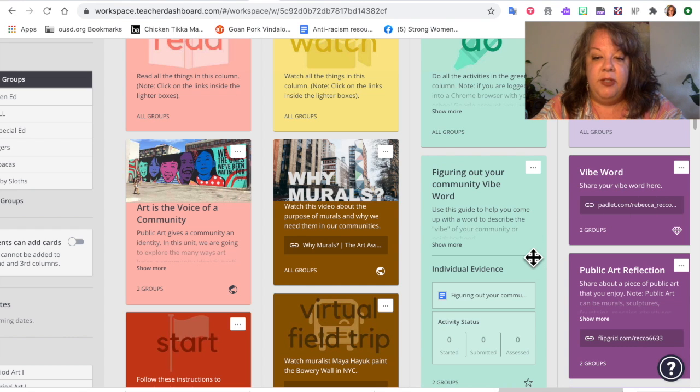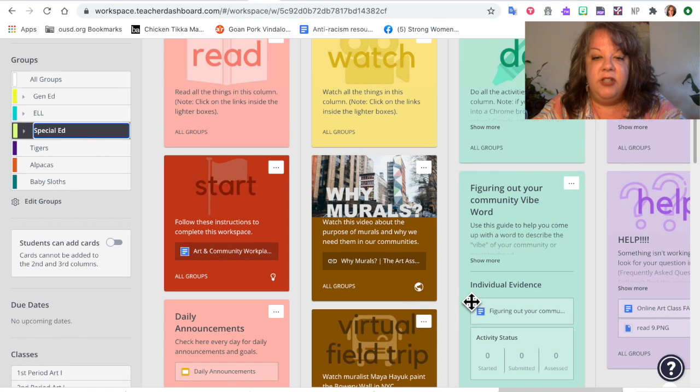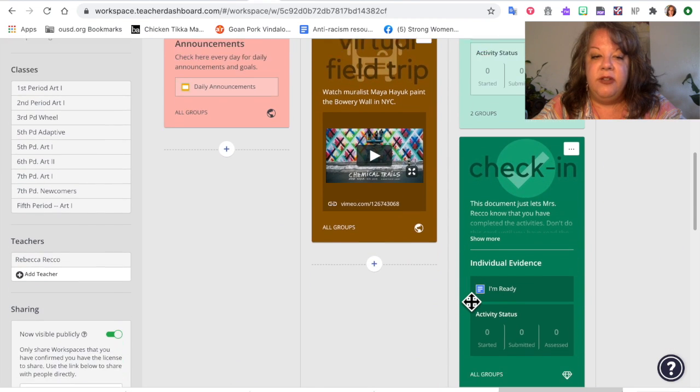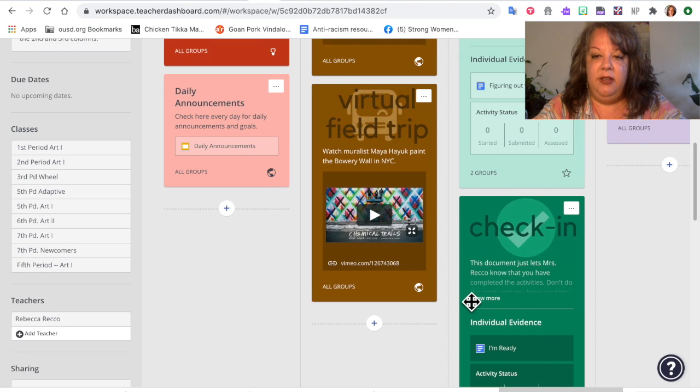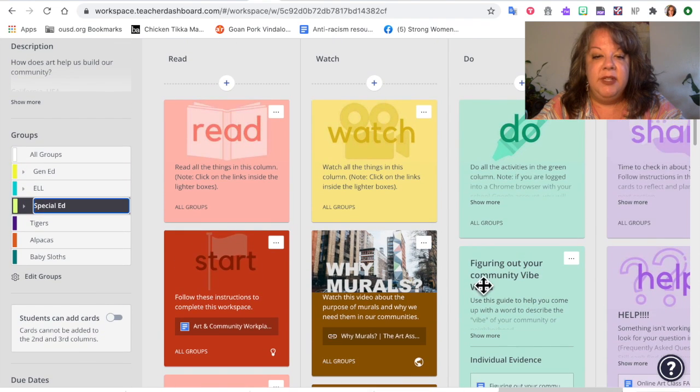Hapara offers the opportunity to use groups so that I can show specific cards to specific students. This feature is nice when I want to hide cards from some groups. I use it sometimes for special education students who might be confused by so many cards, or students who are doing an alternative version of the same assignment. But most of the time I provide all supports to all students because sometimes these are helpful in ways I